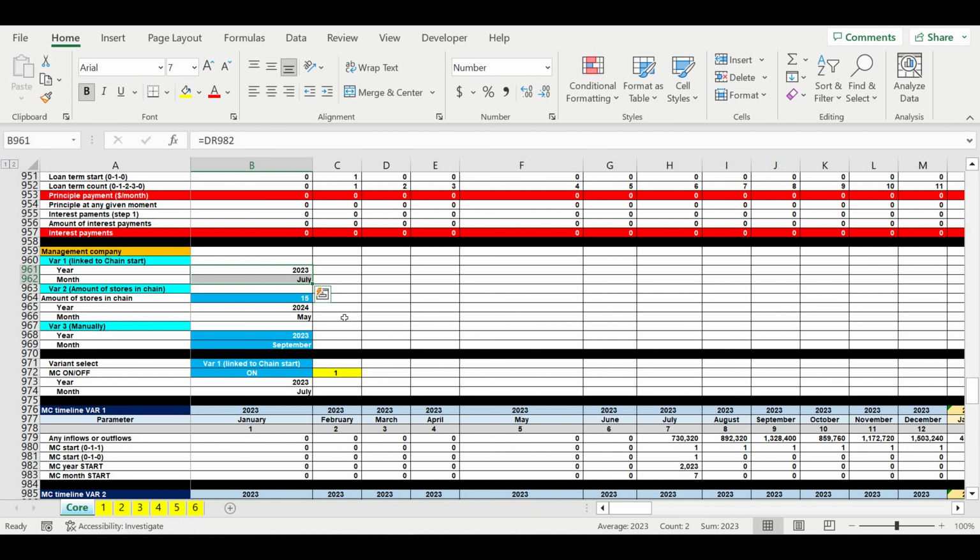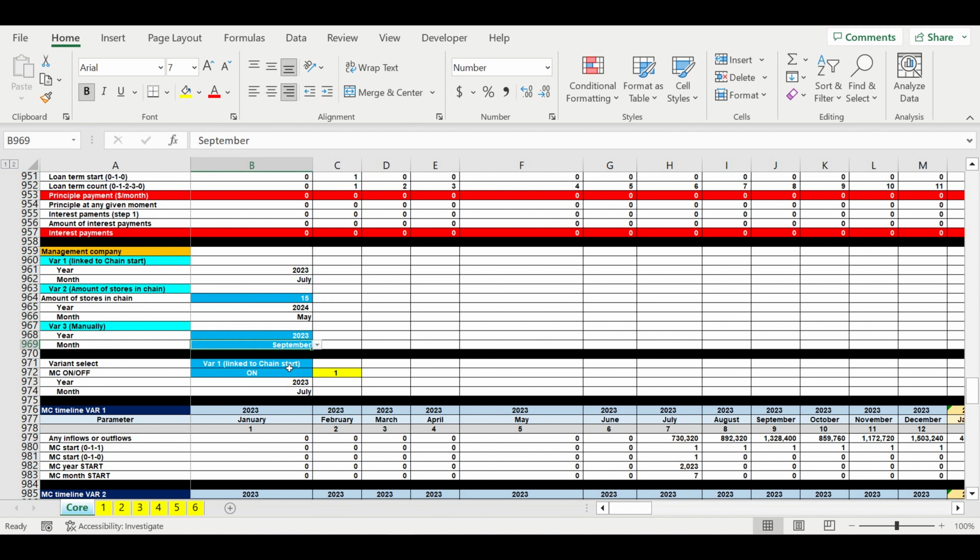Then the second variant, so the management company will be linked to the specific amount of stores when we reach the specific amount of stores in chain. So for example, in this case, the management company will be linked to the moment when the chain reaches 15 stores in it. And the third variant is a management company